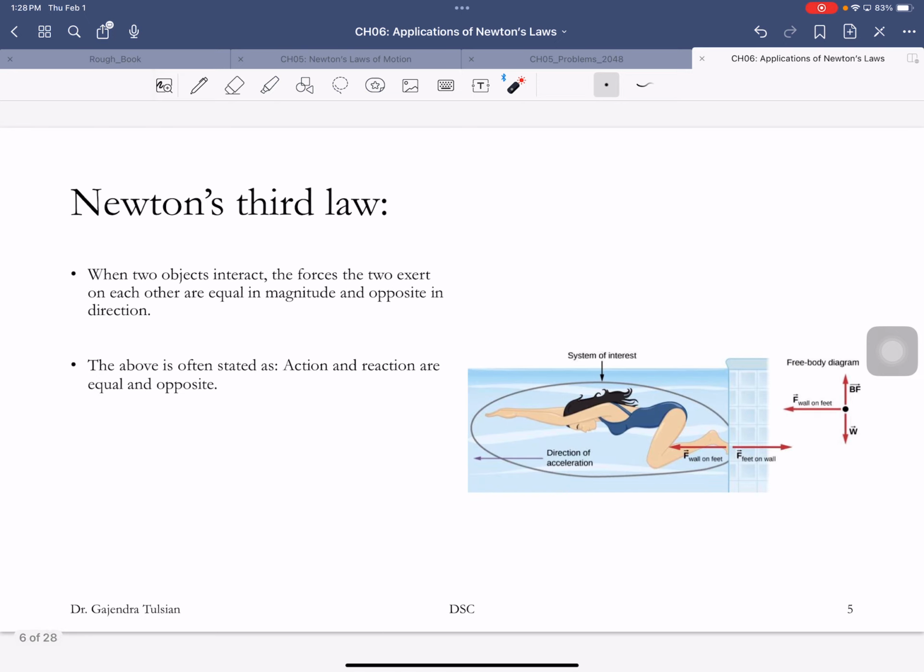And Newton's third law, of course, says if you apply a force on an object, that object applies an equal and opposite force on you. For every action, there's an equal and opposite reaction. So for instance,